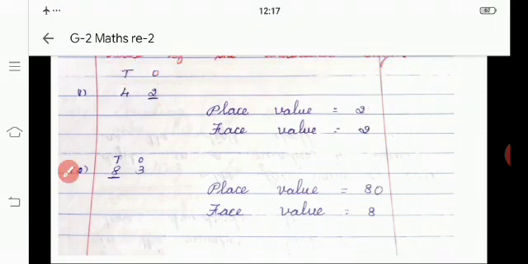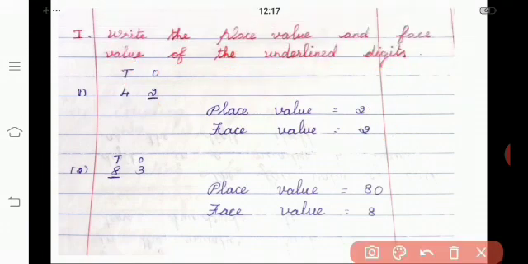See, look at the next example. Our example is 83. As well as we write the position of the given number, we should always start from the ones. So ones and tens. The value of 3 is 3 ones or 3. Then the value of 8 is 8 tens or 80. Here which is the underlined digit children? Yes, 8. Now we are going to find the place value of 8 and then the face value of 8.